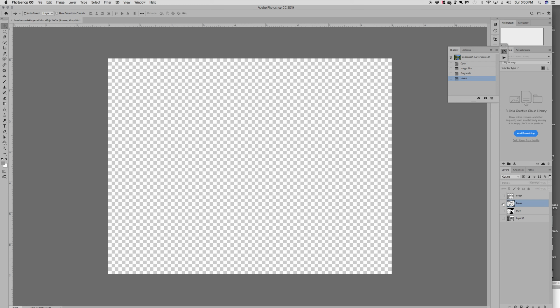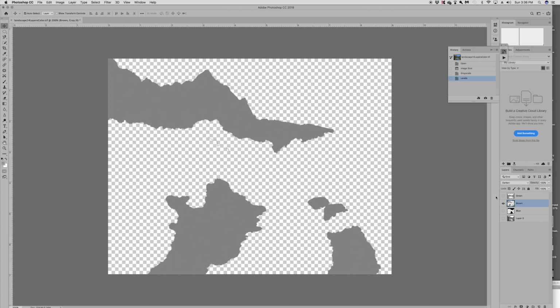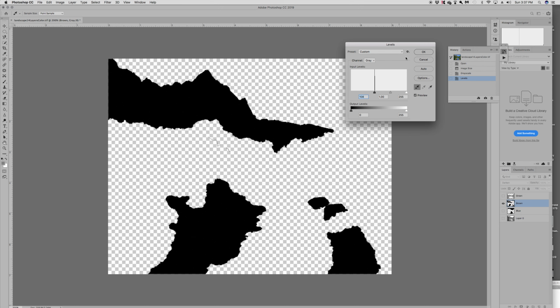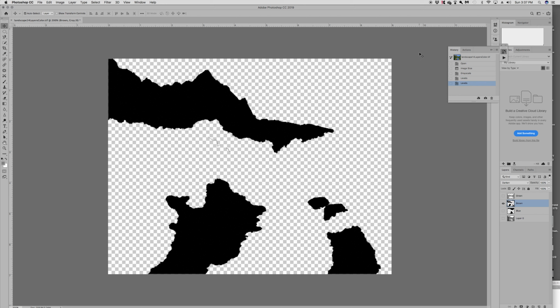I can turn my blue layer off. Now I want to do my brown layer. Go to Image, Adjustment, Levels, and I'm going to select my black eyedropper, hover it over the gray area, and then click, and that converted that to black. Click OK. And finally I'm going to do my green layer,